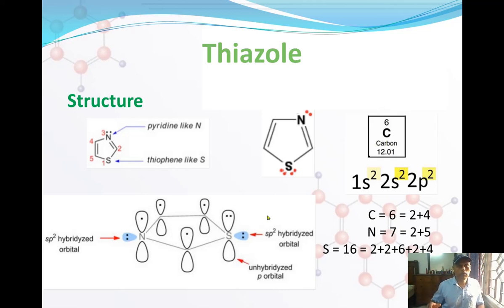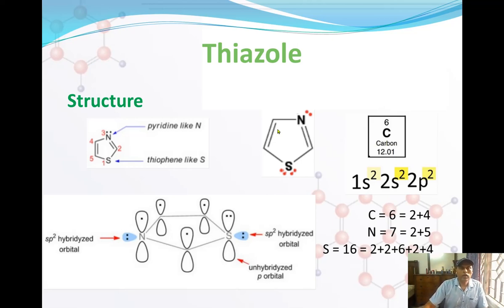Because of this pi bonding, the cloud forms and you have delocalized electrons. These are in a ring form and flat, so they have conjugated pi electrons, delocalized electrons, and it also fulfills the Huckel rule. It has 6 electrons. That's why thiazole is